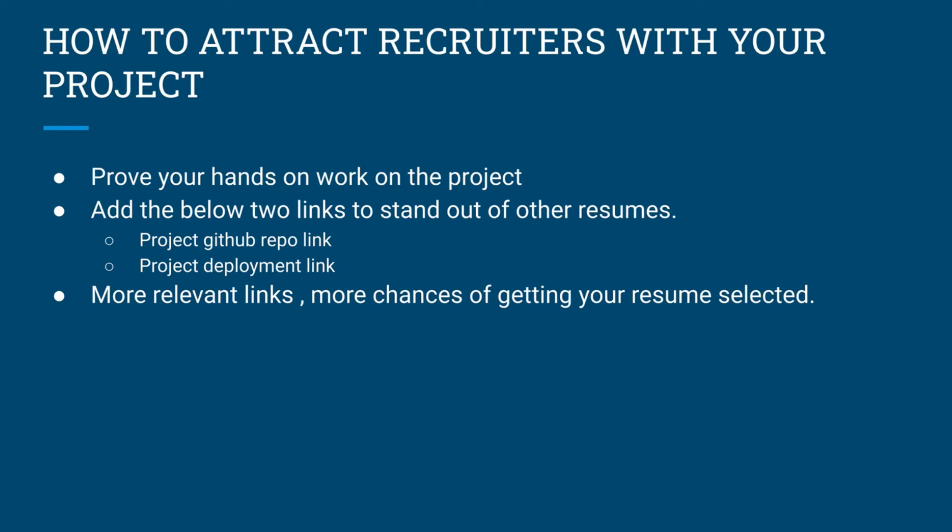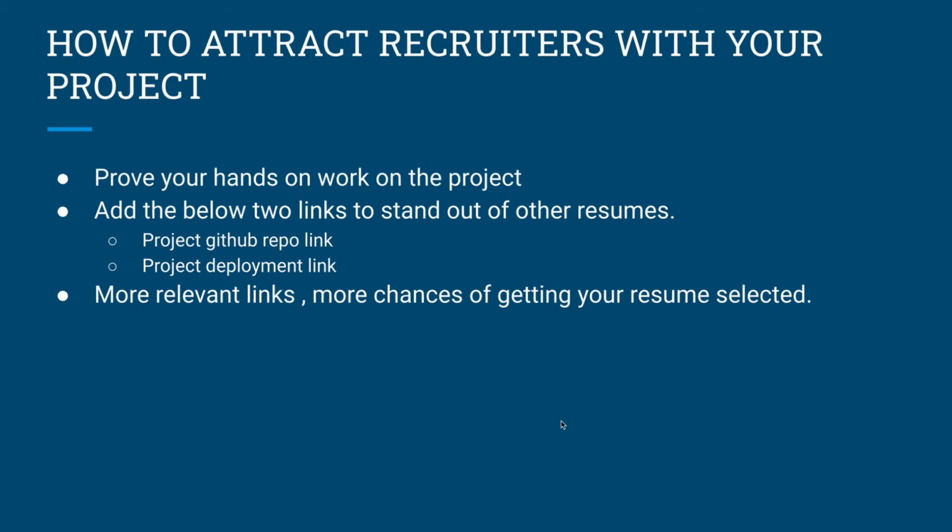So what deployment link means is that once you have created the project, you need to deploy it to the internet using certain things. GitHub is one of them. So basically with that link, you can show the live project, the live working of the project. And this also helps because the recruiter can open this link, can see your work, how beautifully you have created the project, and all the insights related to the project he can see through this deployed link as well as the GitHub link.